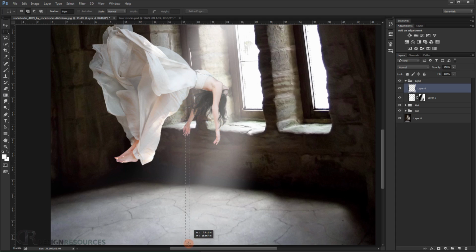Let me use a small one like that, another one here, another small one like so, and another one really small. Alright, and I will fill it with the same color by pressing Alt Delete